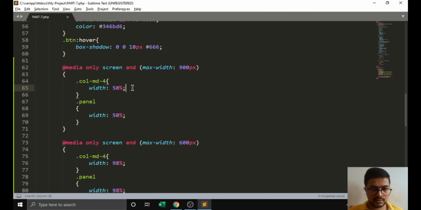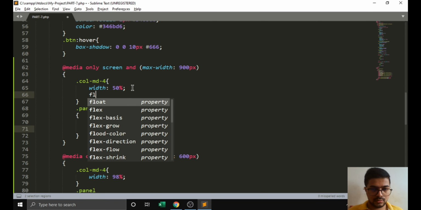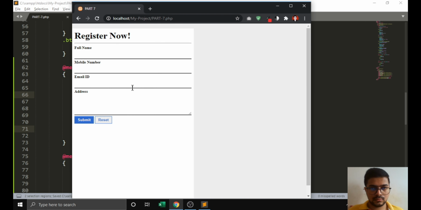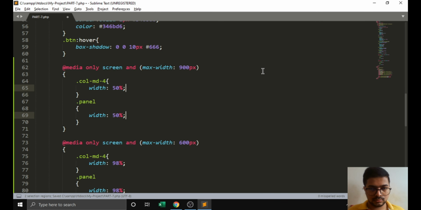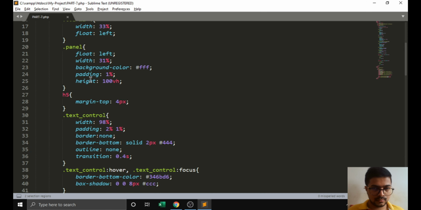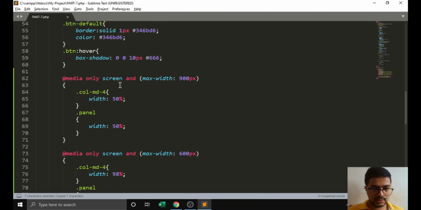We can pass the padding property also. We have created here the padding property of 1 pixel, 1%. So we are going to pass 45%.